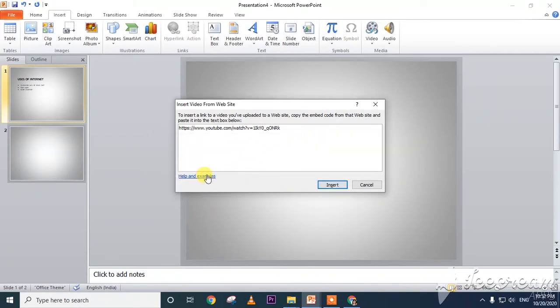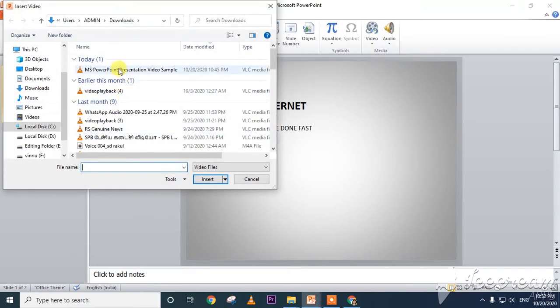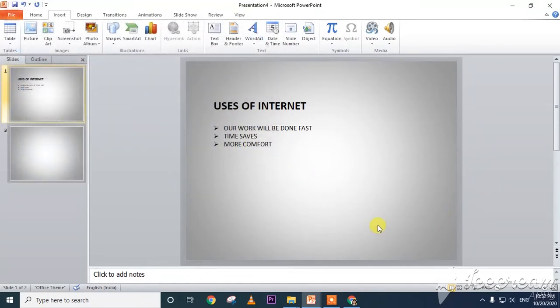So here there is some trouble because my system does not have the audio coding software, so it is unable to insert. In your system you can try it. Video from file in systems you can also insert, click on insert and the video will be inserted. Try it in your system and let me know.